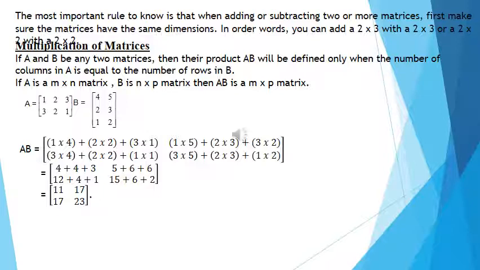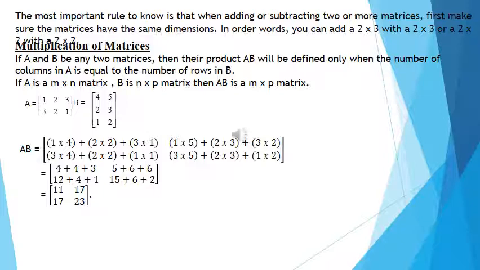So remember that the number of columns in the first matrix should be equal to the number of rows in B. Then we can do the multiplication. So A is an m by n matrix and B is an n by p matrix. So n and n are common. See that, n is the number of columns in A and n is the number of rows in B. Then we can do the multiplication, and the order will be m by p.